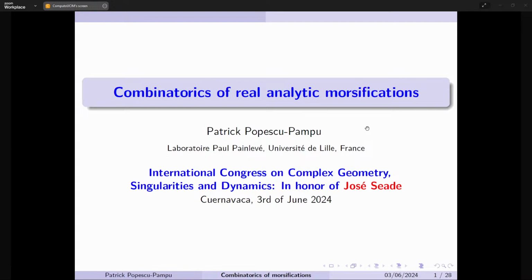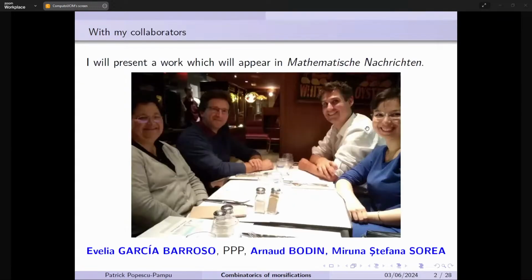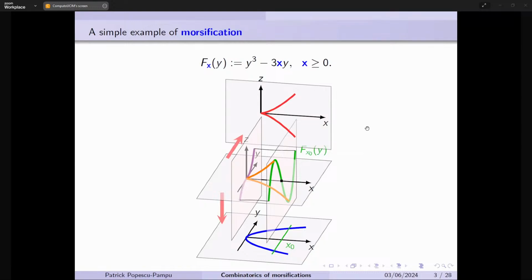And I pass to English, so I will speak about combinatorics of real analytic morphifications, which is a work done in collaboration with three friends: Evelia Garcia Barroso from Tenerife, Arnaud Baudin from Lille, and Miruna Ștefana Sorea from Sibiu in Romania. It's a work which will appear in Mathematische Nachrichten. So let us start from an image